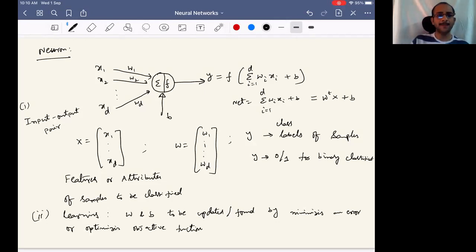These are usually called the elements of learning. There are a few basic constituent elements of learning. One is data; the input-output pair is nothing but data. Then there is the learning algorithm. For this, what you need is a cost function. So how do you formulate a cost function now? Can one of you tell what is the cost function which we usually know well?